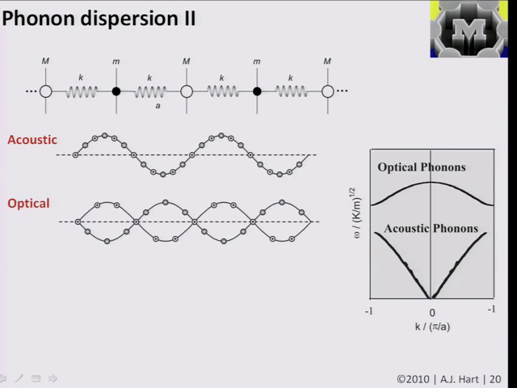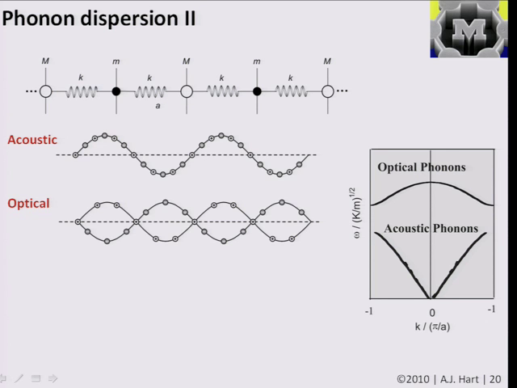So now I'm not going to go through any more math, but we can think about the case where we have two different kinds of atoms. So say a heavy atom and a light atom, with M and small m, connected by springs. And you can see that for a given wavelength, now there are two possibilities for vibration, two different modes, we'd say. One where all the atoms are moving together, and one where the different mass atoms are moving opposite from each other. And if you went through the same exercise we just did in more detail, and if you want to, it's in the book,